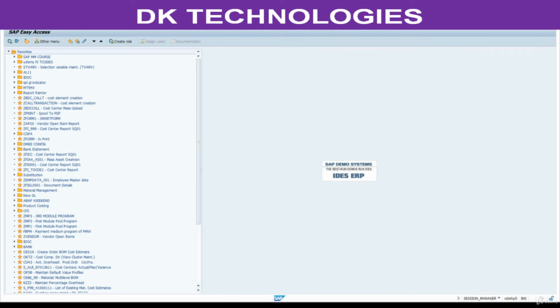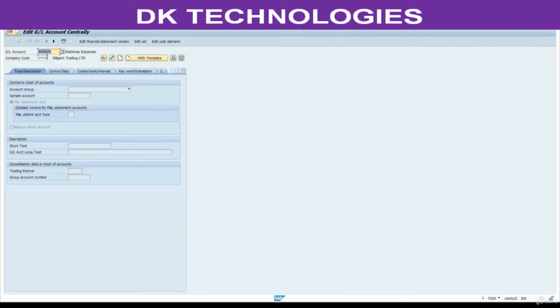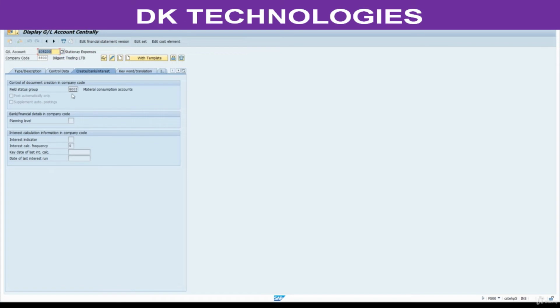Go to FS00, enter this GL, enter your company code, click on display, go to this tab, create bank interest. This is the group used, G003.